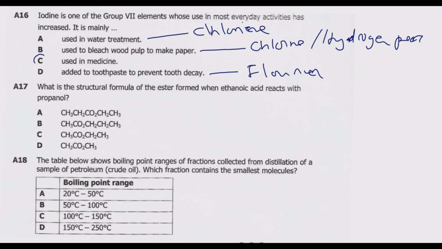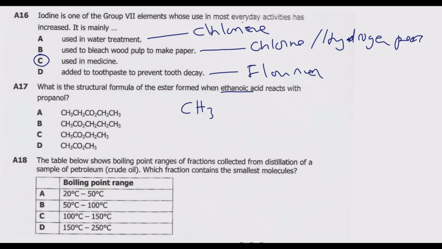So basically C is the best answer. Number 17. What is the structural formula of the ester formed when ethanoic acid reacts with propanol? Okay, so propanol is an alcohol. So ethanoic acid is given by